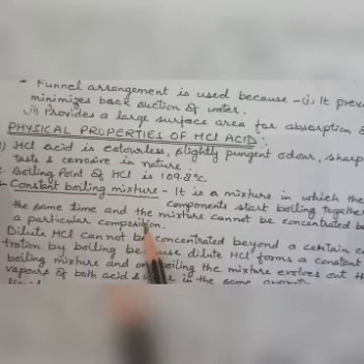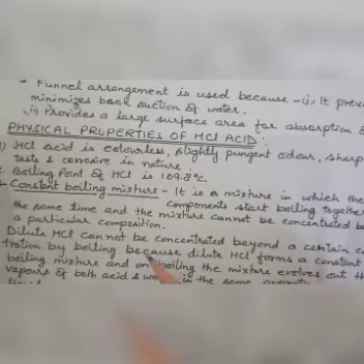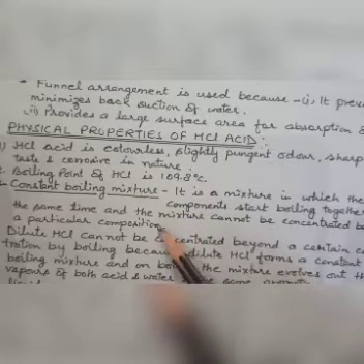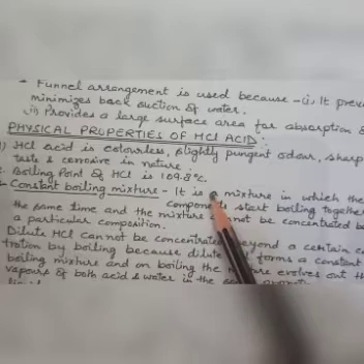Actually, suppose you have a mixture of two components, and when you start boiling, you want to remove one component of that mixture. What will you do? You will start boiling, and what happens? In a constant boiling mixture, both the components evolve or vaporize out in the same proportion. So this is called what?